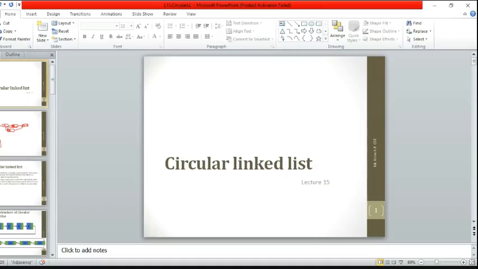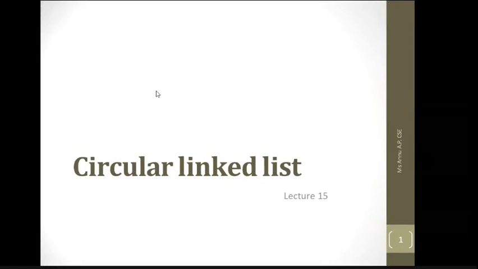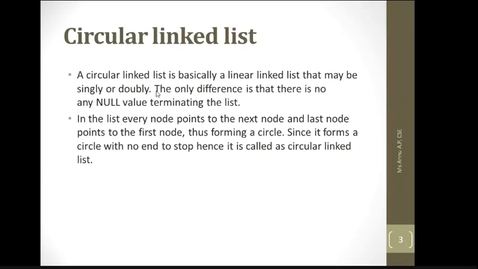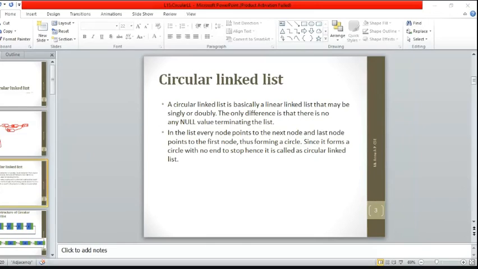So in doubly linked list, we have already performed the insertion and deletion, and now the another kind of list is here, and the name of this list is circular linked list. What is the difference between the rest of the lists we have discussed yet and the circular linked list? In circular linked list, basically we are assigning the last node of any list with the address of the first one.